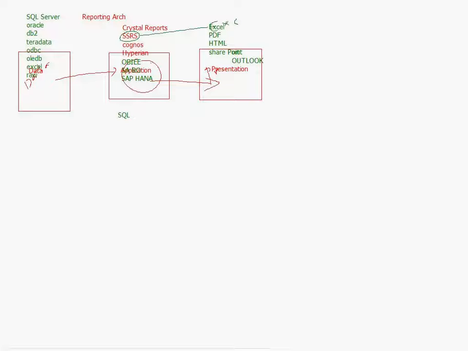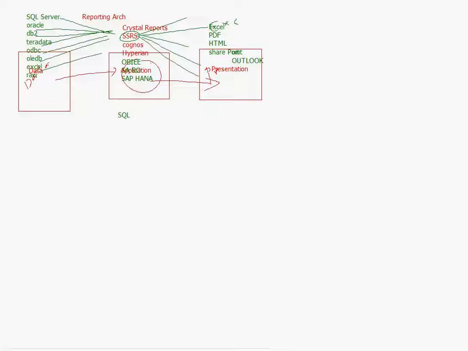It will retrieve it in a viewable format. That is the reporting tool. It will go as it is, the data, in an attractive manner. Data might reside in SQL Server. Data might reside in Oracle. Data might reside in any other data system. The SQL Server reporting tool takes the data and displays it in a format. So, SQL Server Reporting Services.